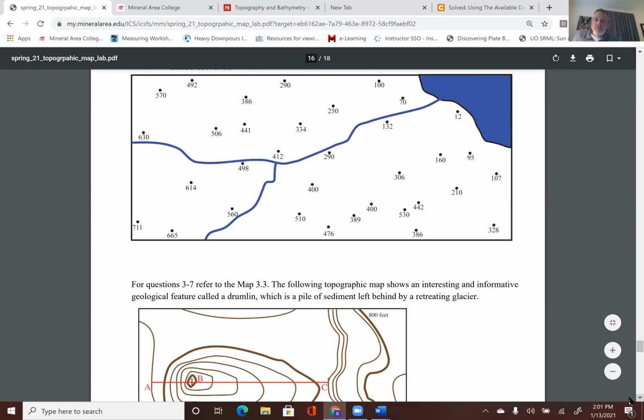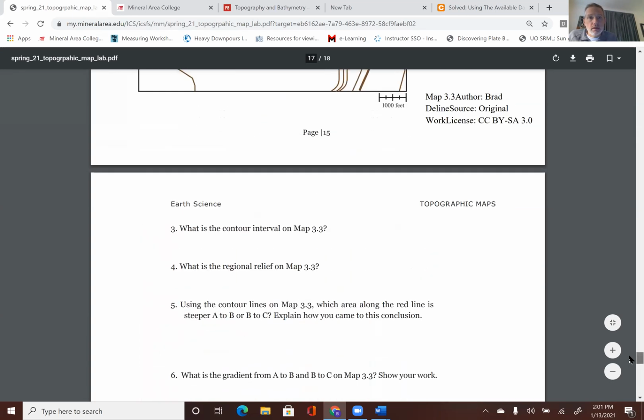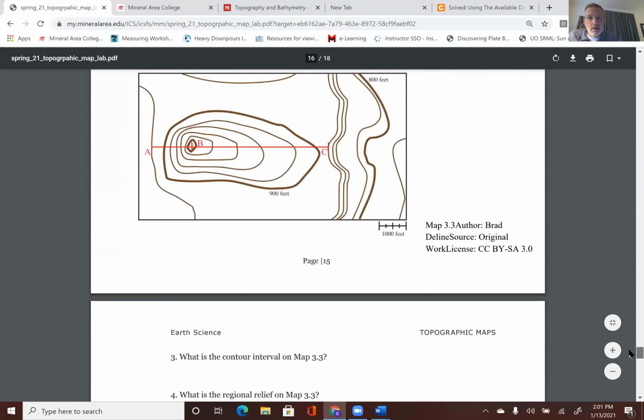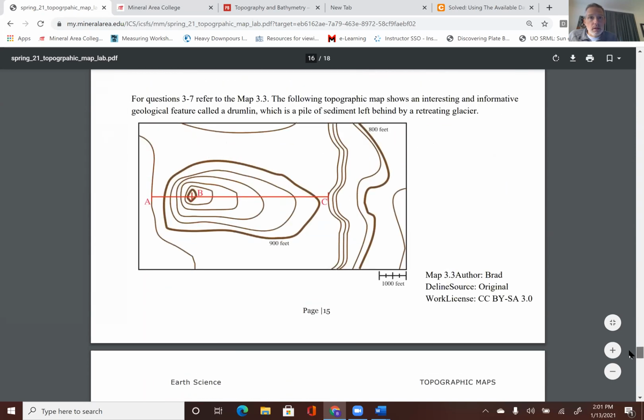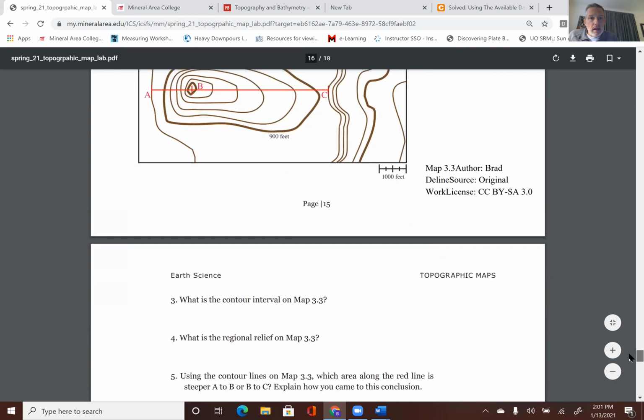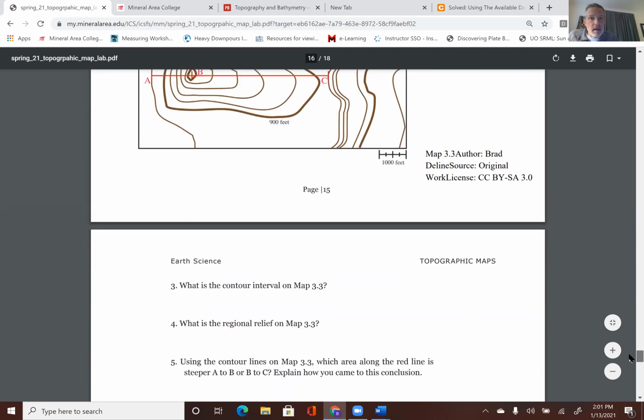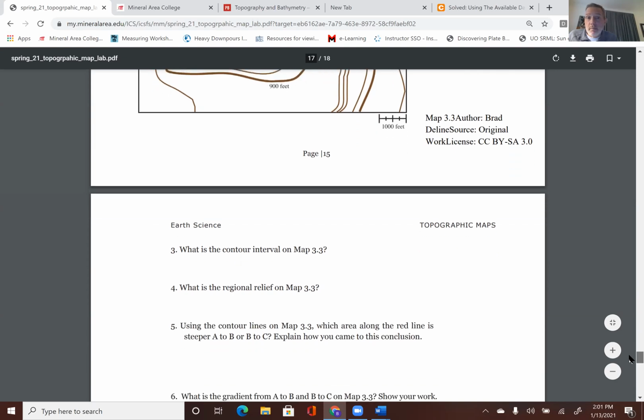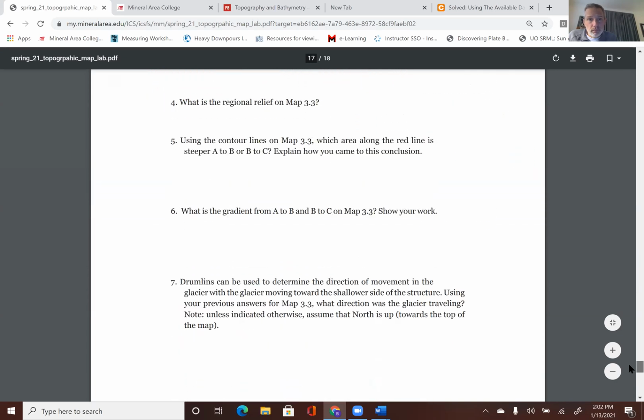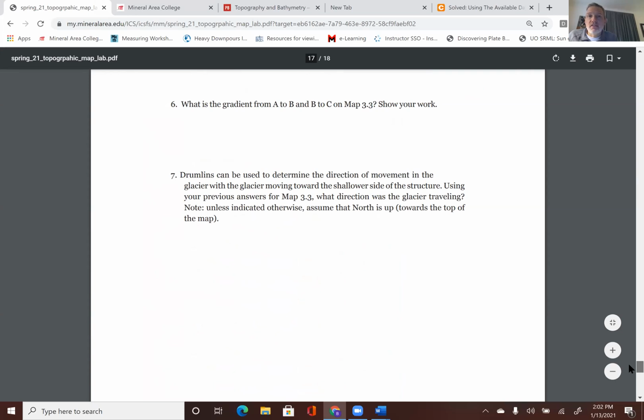And again, grab images, print it off. I don't care how we get the data. I just want the data. Then you're going to be drawing in a contour interval there and drawing in those contour lines. And then what is the contour interval of this map? What is the relief of that map? What is the gradient? The gradient is the rise, the change in elevation, divided by the run, the change in the length. And again,